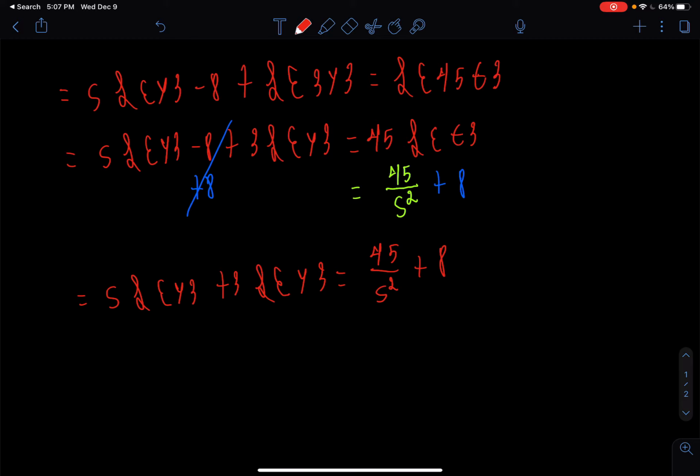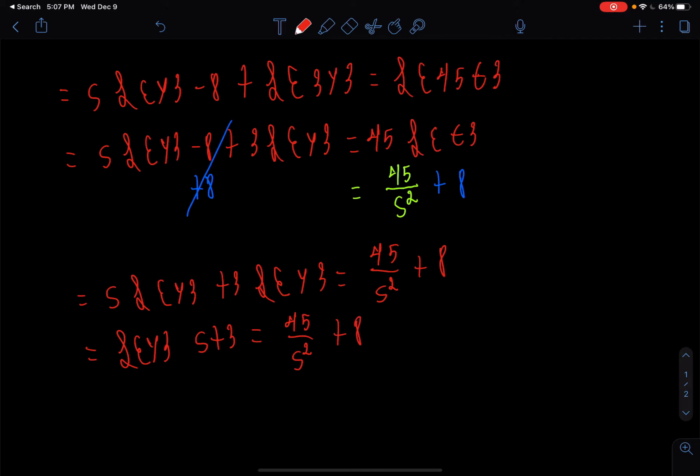On the left side, we need to factor out the Laplace of y. So the way this is going to look is that we factor this out, and we'll have s plus 3 on our left side, equal to 45 over s squared